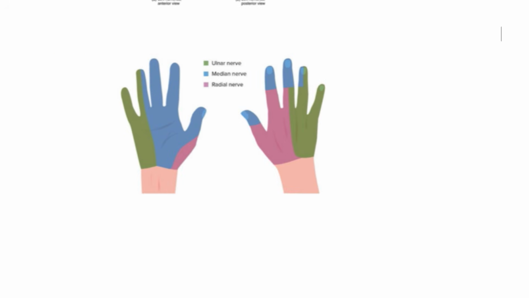Next, see the nerve injuries. See the nerve involvement. So this is the palmar aspect and this is the dorsal aspect, right? On the palmar side, the first three fingers are supplied by the median nerve, okay? And the lateral two fingers are supplied by the ulnar nerve. And on the dorsal side, all the digital fingers or the nails are again supplied by the median nerve and the last two fingers to the lateral side are supplied by the ulnar nerve, but the dorsal aspect of this region, particularly the one third of the region, will be supplied by